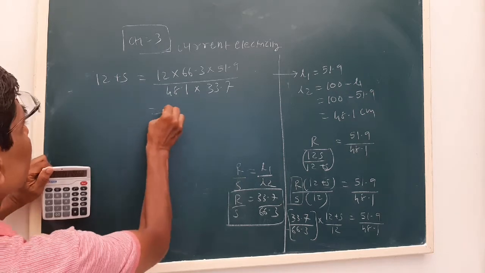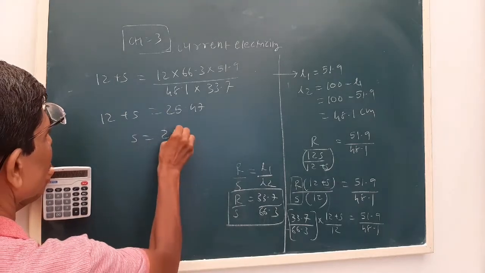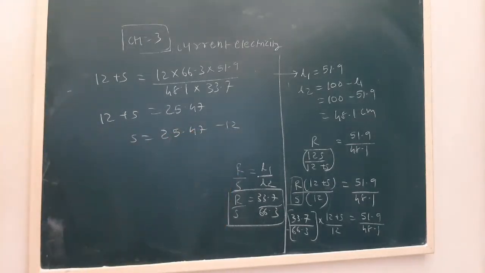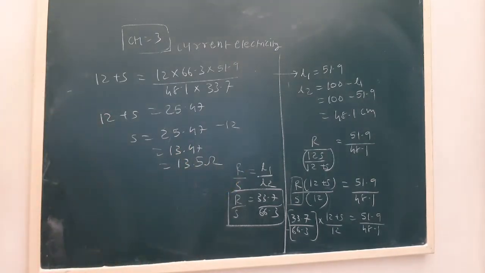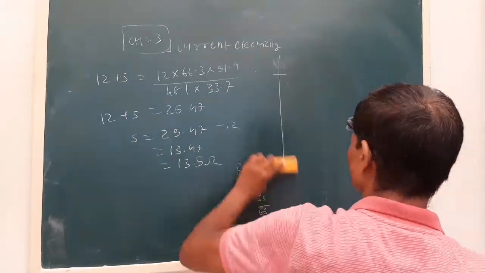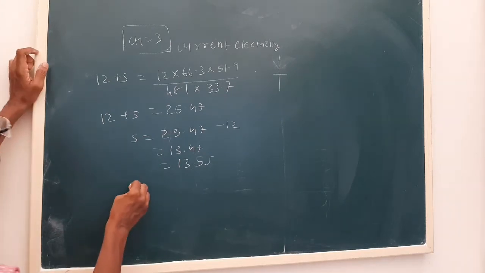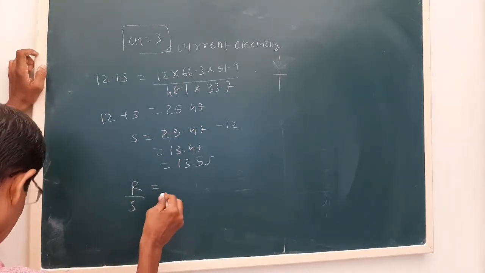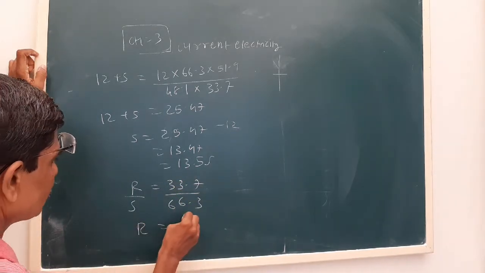That is 25.47, minus 12, yes, 13.47. So this is the value of S. Now what we have to obtain is the value of R. R upon S we have obtained is 33.7 upon 66.3. So R is equal to 33.7